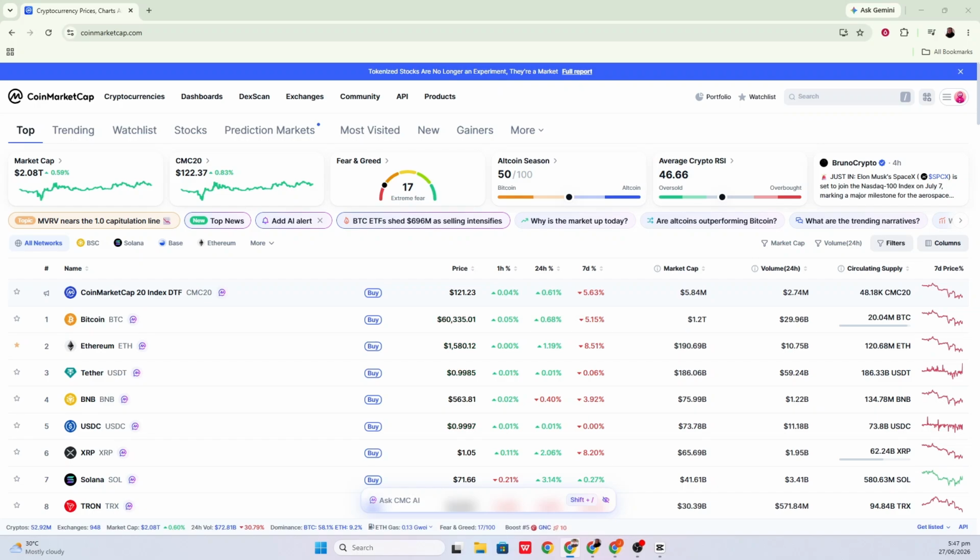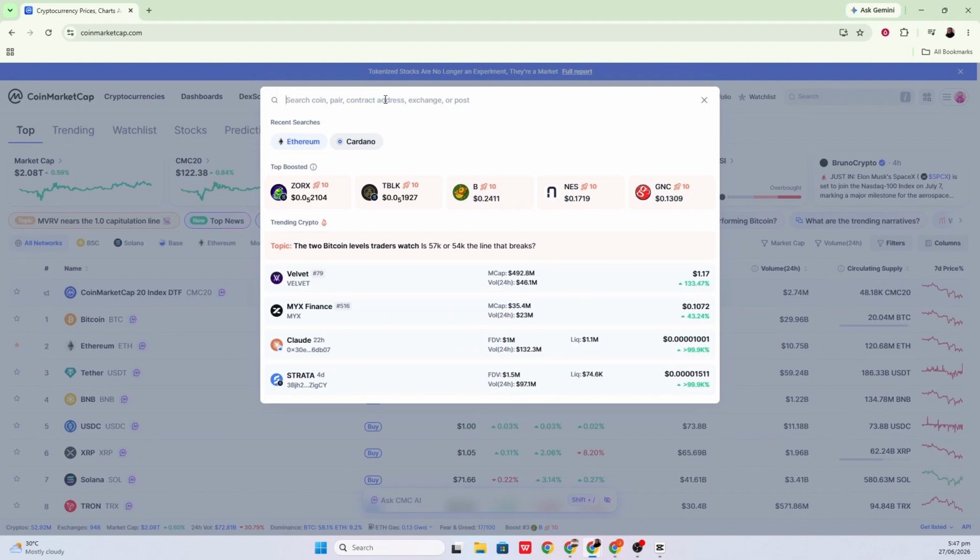In today's video, I will walk you through how to check maximum supply of crypto on CoinMarketCap. On a desktop web browser, start by going to CoinMarketCap and using the search bar located at the top right of the page. Click inside the search field and type the name or ticker symbol of the cryptocurrency you want